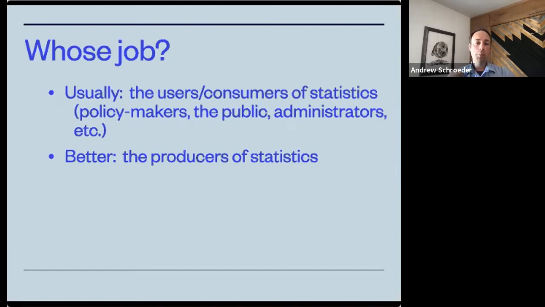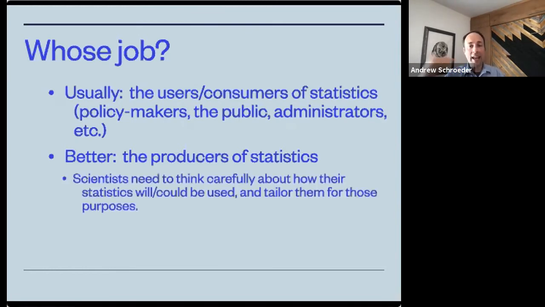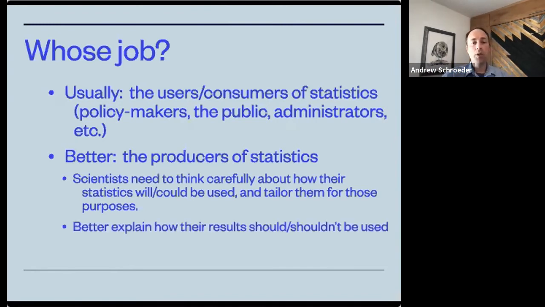The scientists who are producing these statistics, I think, need to think carefully about the uses to which their statistics either could be put or likely will be put. And then they need to figure out how they can tailor their statistics to those uses. Scientists doing research on COVID mortality need to ask themselves, who is using my data? And what definition of COVID-caused death is most relevant to the kind of uses that these people are going to have in mind? So they need to think carefully, tailor their statistics, and then, of course, they need to follow